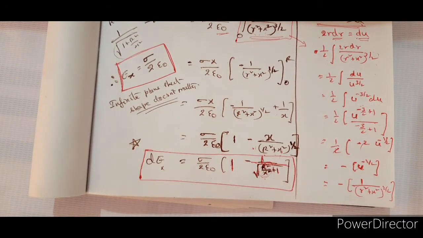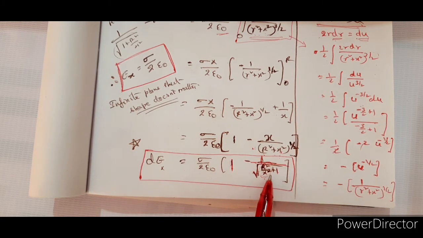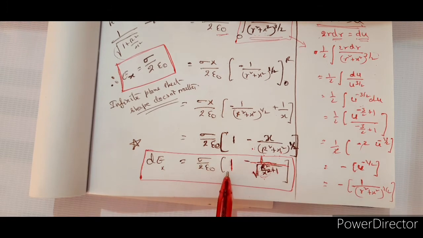Right? Very, very high. Usually we talk about very, very, very high in the sense that you can also extend this topic to an infinite plane. Right? So, an infinite charged plane. If that is the case, r square is far greater than x square. So this value increases dramatically, very high. Therefore, the ratio decreases and tends to 0. When it tends to 0, you are left with sigma by 2 epsilon naught into 1.